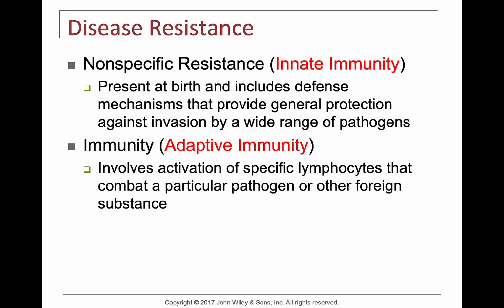When we look at disease resistance, we can divide it into nonspecific or innate immunity and adaptive or acquired immunity. So nonspecific, and the bottom bullet point should say specific immunity. Nonspecific versus specific are both things that you have, but in innate immunity, you are born with these. They are nonspecific types of response because they do not have to be learned by your immune system. They are present at birth and include defense mechanisms that provide general protection against a wide range of things, regardless